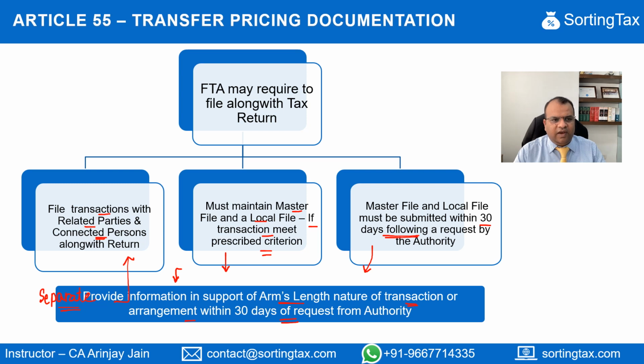In other words, if I have to just simplify this, when you file your tax return, file the details of transactions with related party and connected person. If you feel they meet the arm's length criteria, then you have to maintain both a master file and a local file, right? The master file and local file can be asked for by the tax authorities, but they have to be submitted within 30 days from the request made. Once the master file and local file are submitted, the authorities can also seek further supportive information with regard to the arm's length